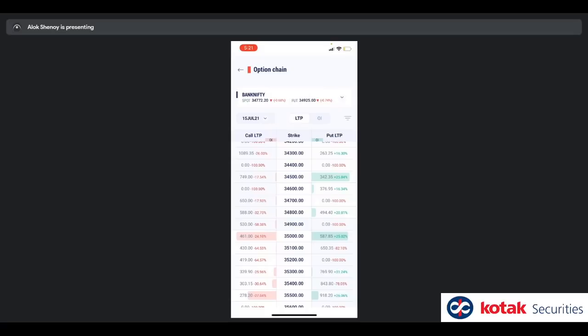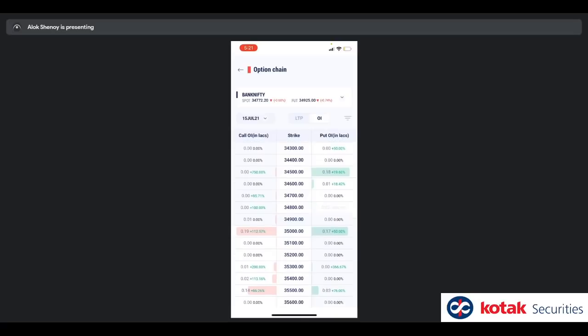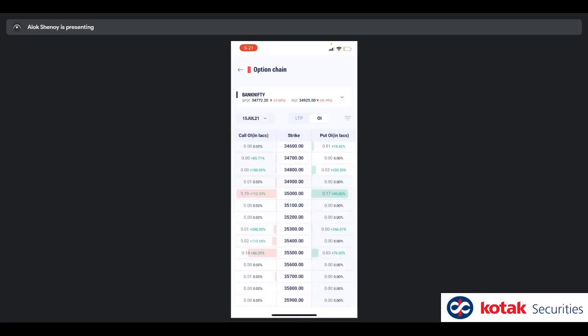A lot of people will want to know what the graph is, the bars which are visible, the green and the red bars. They're actually the open interest, the OI being shown as a bar. So you're able to see the LTP change value in percentage along with the open interest in one view. Okay. And if you want to see open interest and open interest change, you can see it by just tapping on this LTP OI toggle. And this is the call OI in lakhs and the change related to it being displayed on screen.